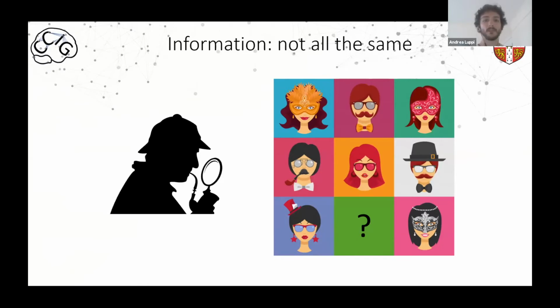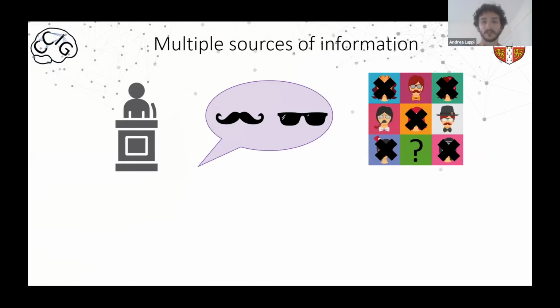So imagine that you are Sherlock Holmes and you have to figure out which of these individuals here perpetrated some crime, such as stealing some cookies, which we know in the UK is a very terrible crime. And you might have a witness as a good detective, and this witness might tell you that the culprit wore a mustache and some glasses. And this lets you identify some of the potential suspects that you can exclude, but it still doesn't uniquely identify